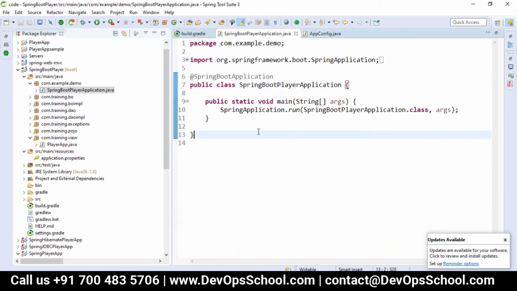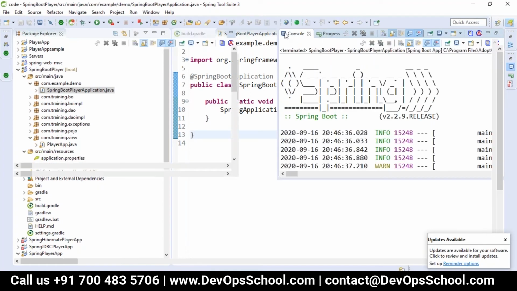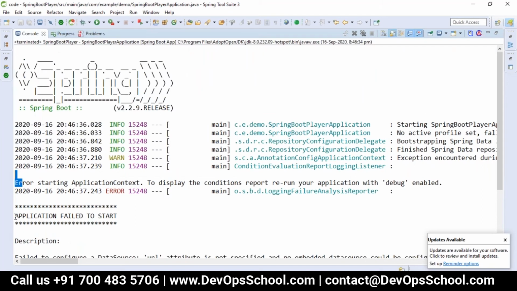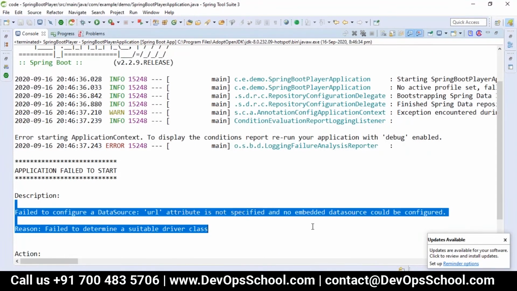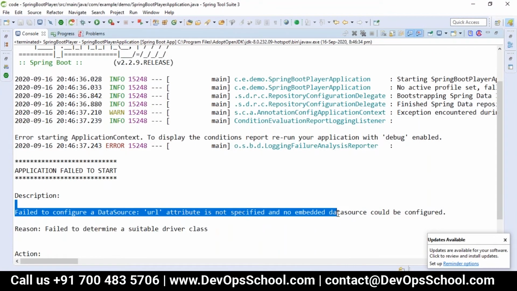So whenever we run the application, depending on the starter, it says the application failed to start, the data source URL attribute is not specified and there is no embedded database available.